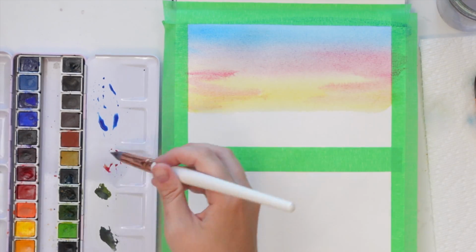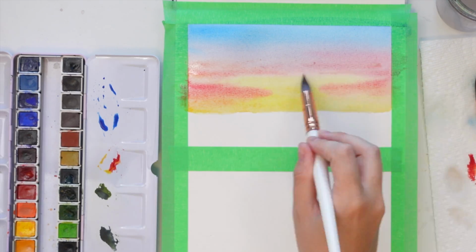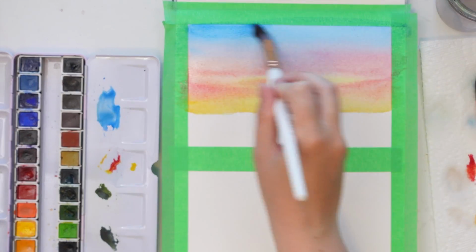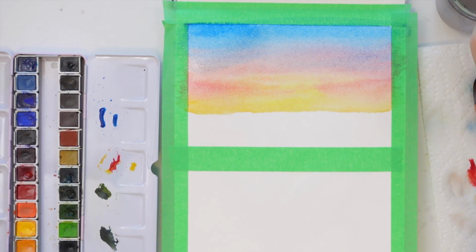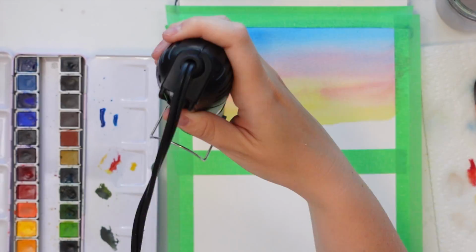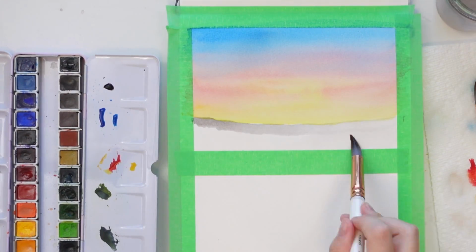So as for skies that have multiple different colors, I find it's super easy to blend with because when you do the wet on wet technique, you get this beautiful seamless blend. The trick with this is you just have to keep it all wet so it blends seamlessly, because once one part starts to dry and another part is a little bit more wet, you can get those kind of funky